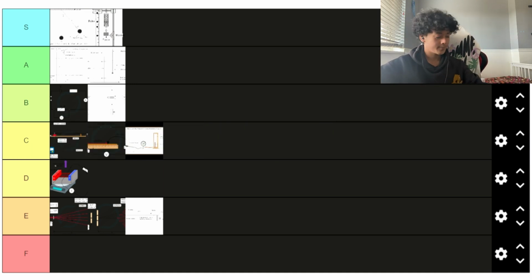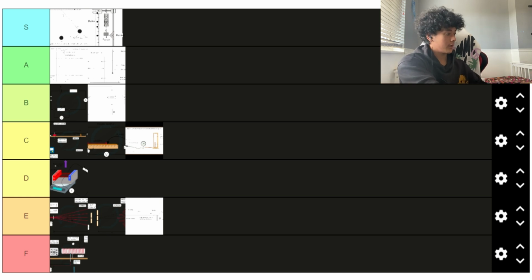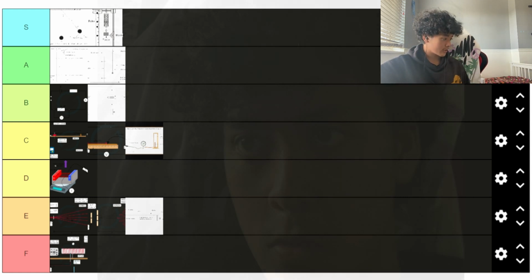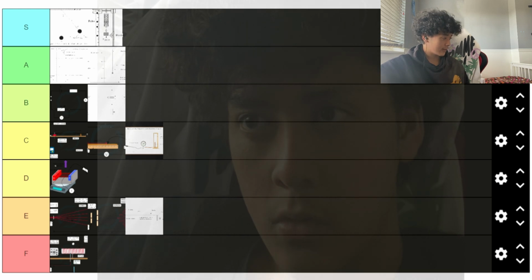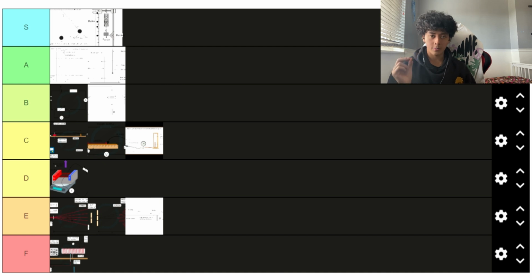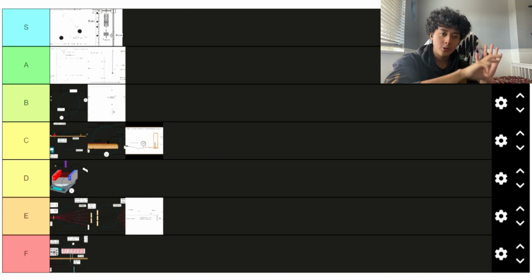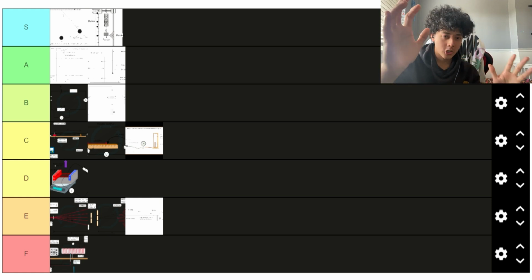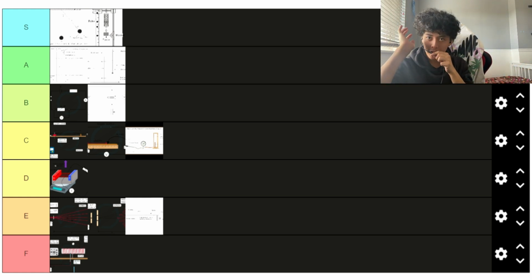The next one, I don't even know what to call this one. The title for this one in my data book, in my research book, whatever I call it, is investigate the effect on magnetic flux linkage by varying the angle using a search coil and oscilloscope. And the fact that we chose like the hardest approach to this question just shows how absolutely disgusting, how absolutely